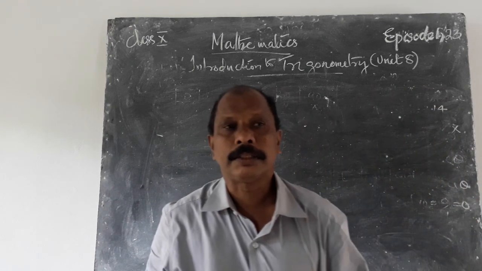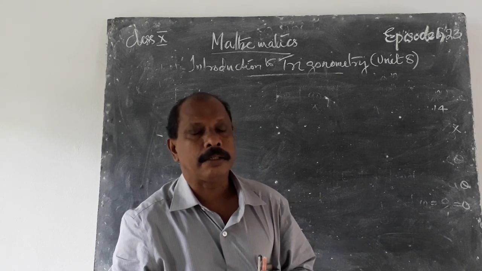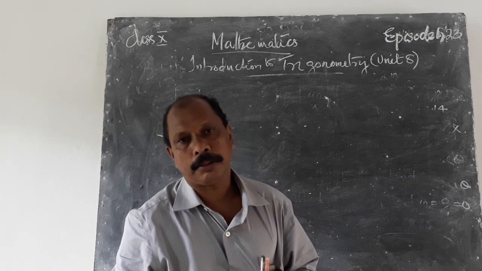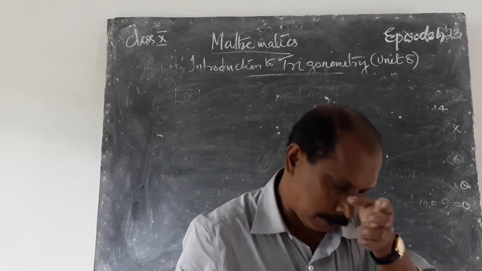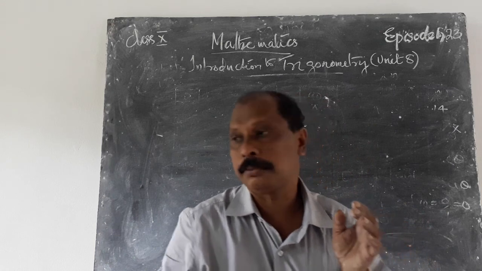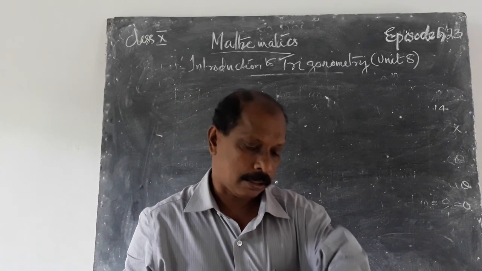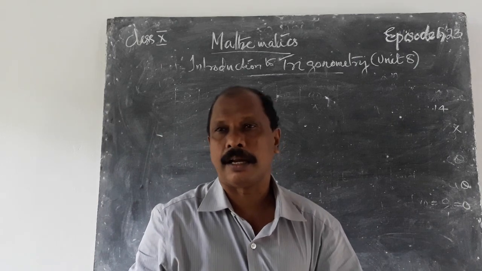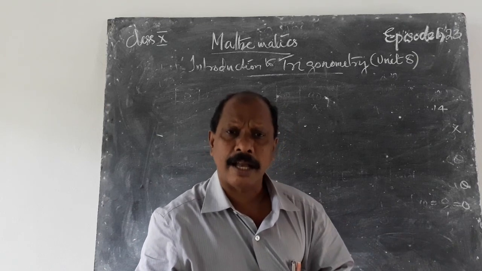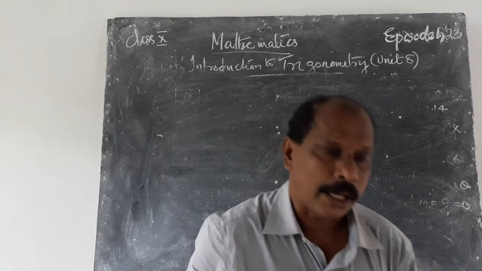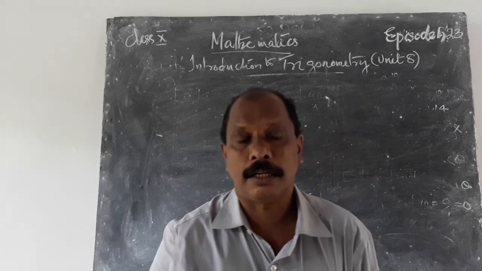Okay. These are the main points for the introduction to trigonometry. Then we discuss the problems. That means there are several values for the trigonometric functions. Then once again let us consider the triangle. Trigonometry means the geometry that deals with triangles and their properties. In a triangle, if any angle is 90 degrees, it is known as a right angled triangle.